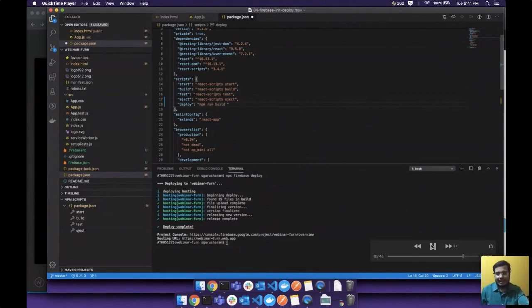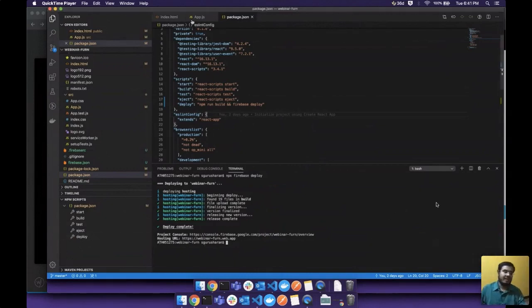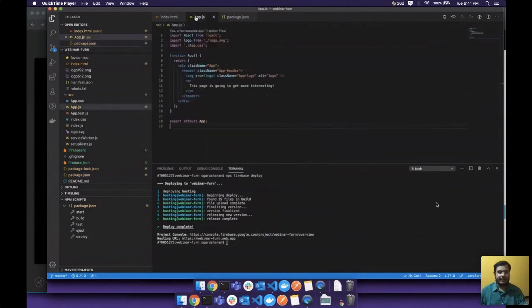So inside this deploy command, I say npm run build and then firebase deploy, right? Now, if you see here, it creates a new deploy script here, right? So whenever you run this deploy script, it will do both the steps together for us. So whenever we make changes and we want to deploy, we just make changes and run that command and it will take care of everything.